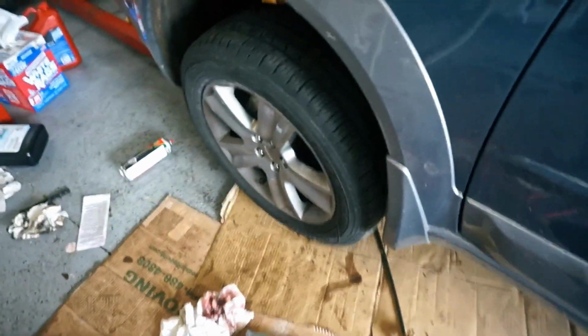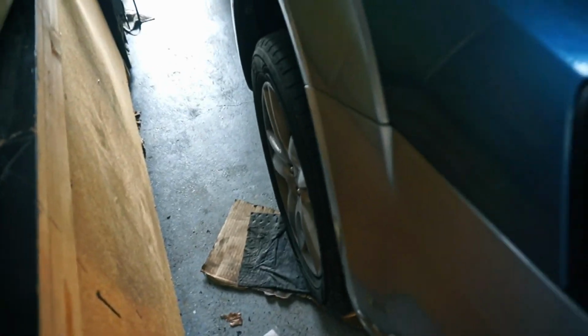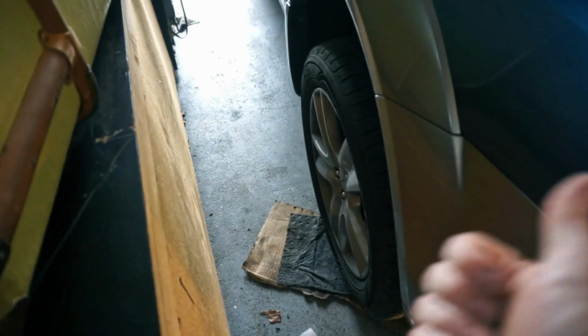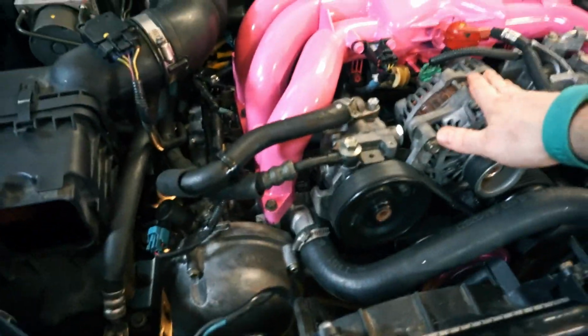But I'm planning on getting an alignment on it anyway, because I think it kind of needed one beforehand as well, and I know it's going to be about a degree off between the two. This one looks like it's pointed in very, very slightly, just needs maybe half a turn to pop it out. So I might go ahead and do that. But yeah, this engine is super smooth. Really happy with it. I need to put the grill on,